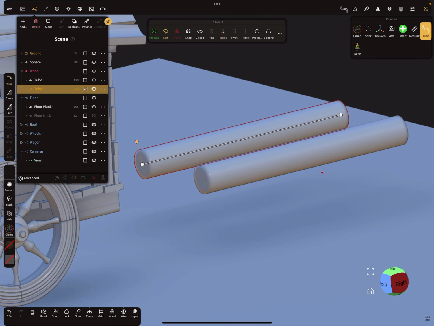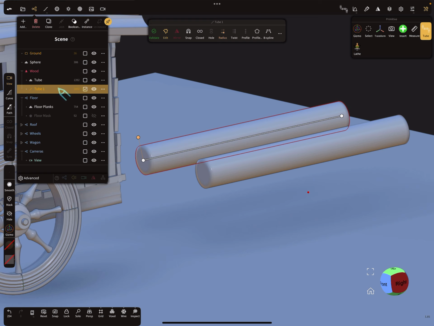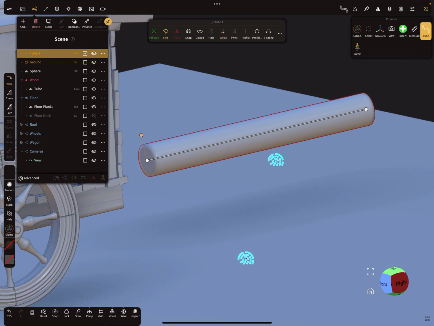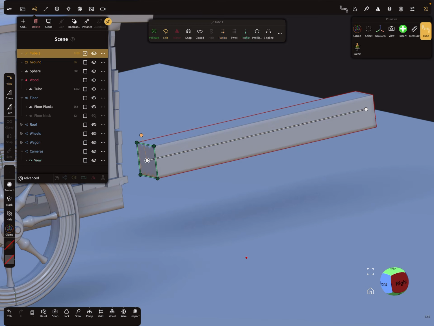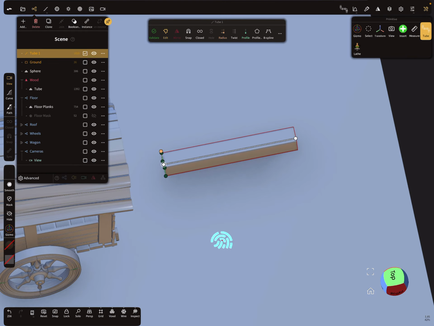So I put it out of the repeater, and I activate the profile. So I think I snap it to the ground.